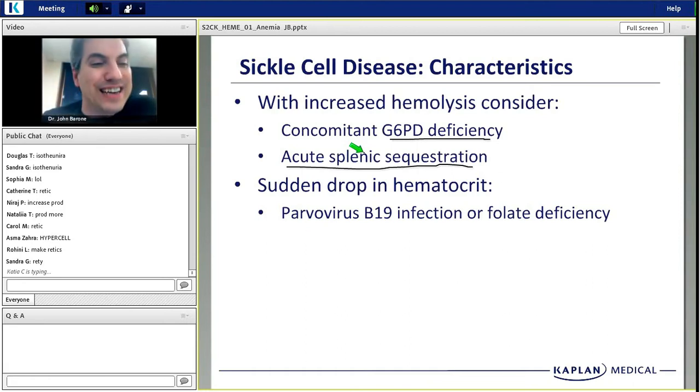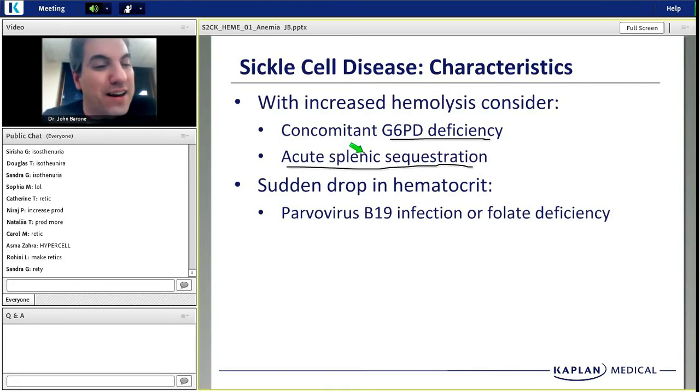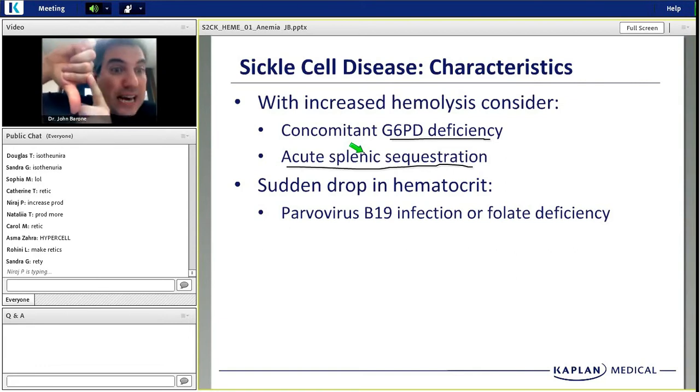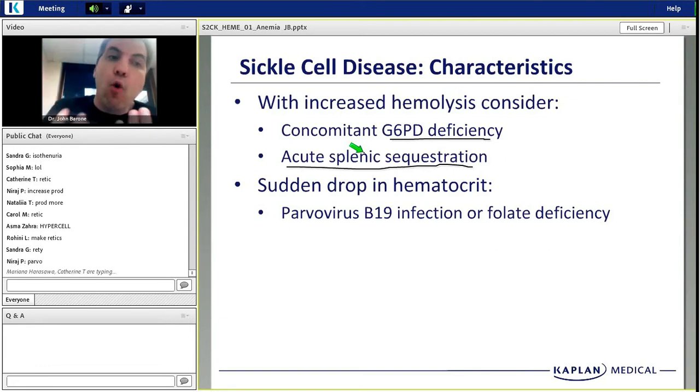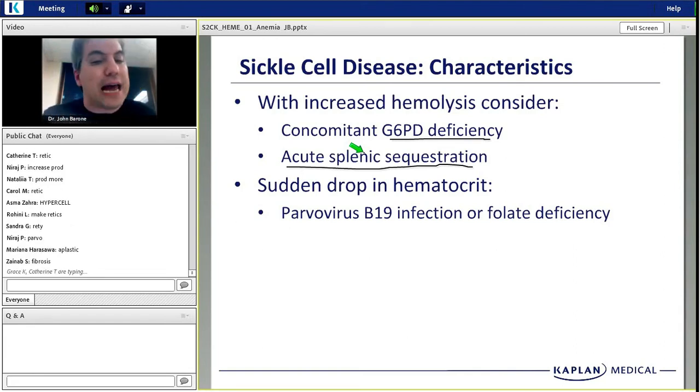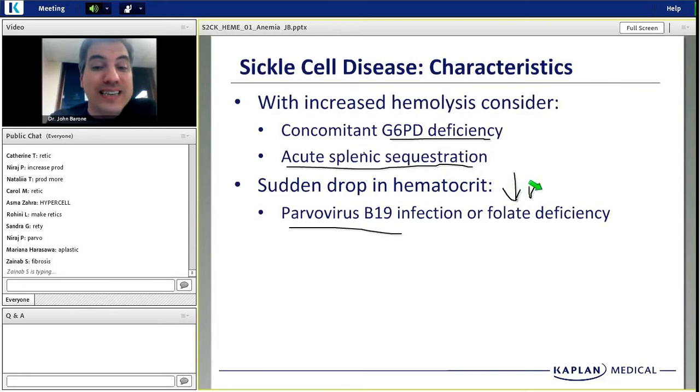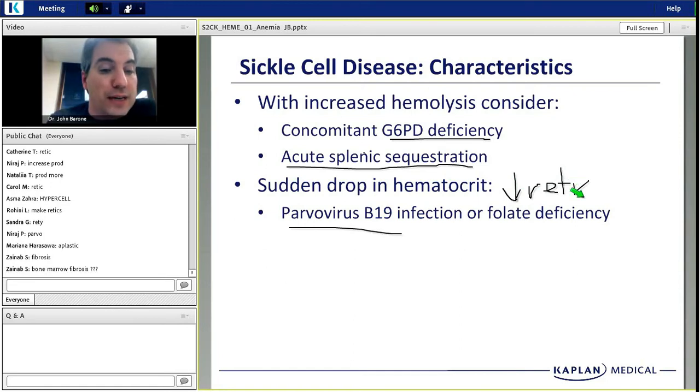What if the vignette says sickle cell comes in with an anemia with low retics? Low retics? Bone marrow, where's my retics? That's an aplastic crisis. Think about parvovirus B19. So again, a sudden drop in hematocrit with low retics, that's not a crisis. Crisis is high retics. So you see low retics, start thinking about aplastic crisis due to usually parvovirus B19,